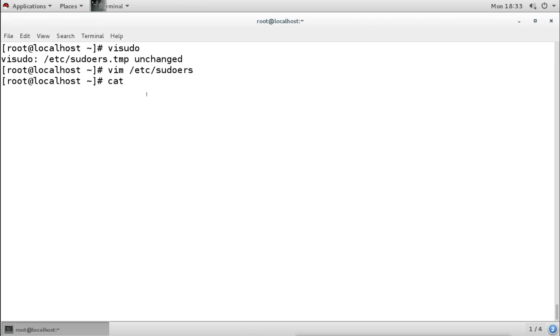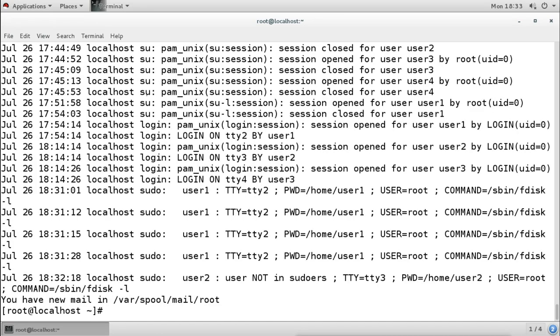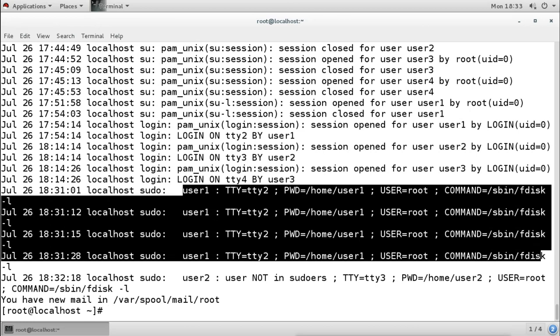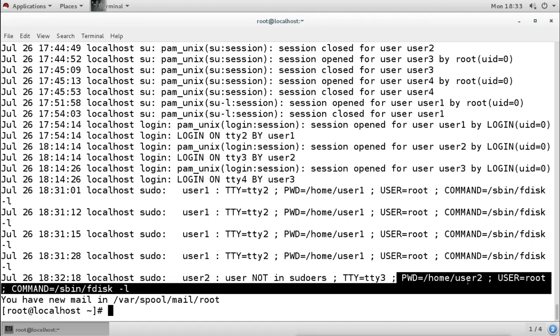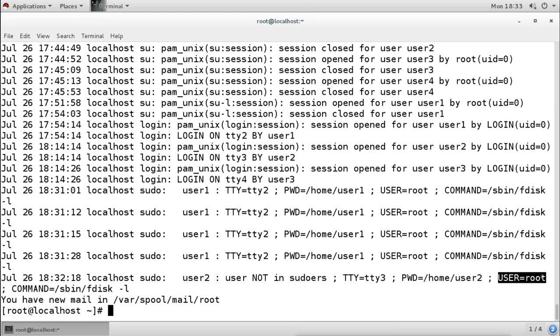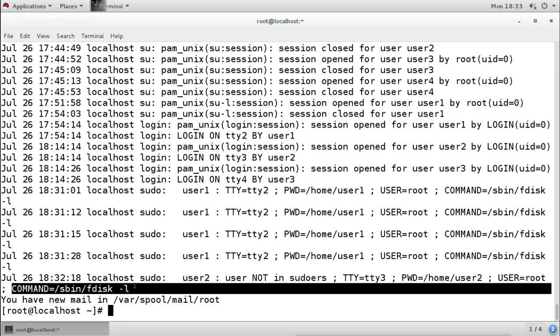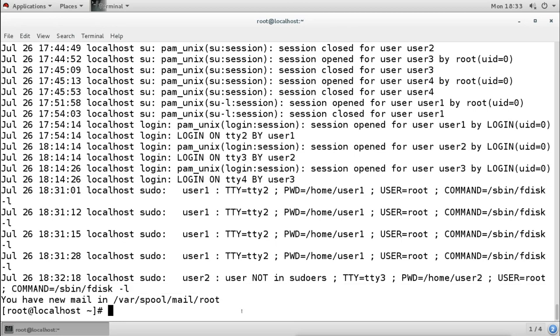Actually, if you see the logs, all the logs are under /var/log, and here you have the secure log. When you look at that, you will see the report here. It is saying that user 2 was successfully used, but here you have this message for user 2: user not in sudoers on this terminal and this directory. It was trying to run a root command, and the command it was trying to run is shown. So the whole incident is actually reported and logged.